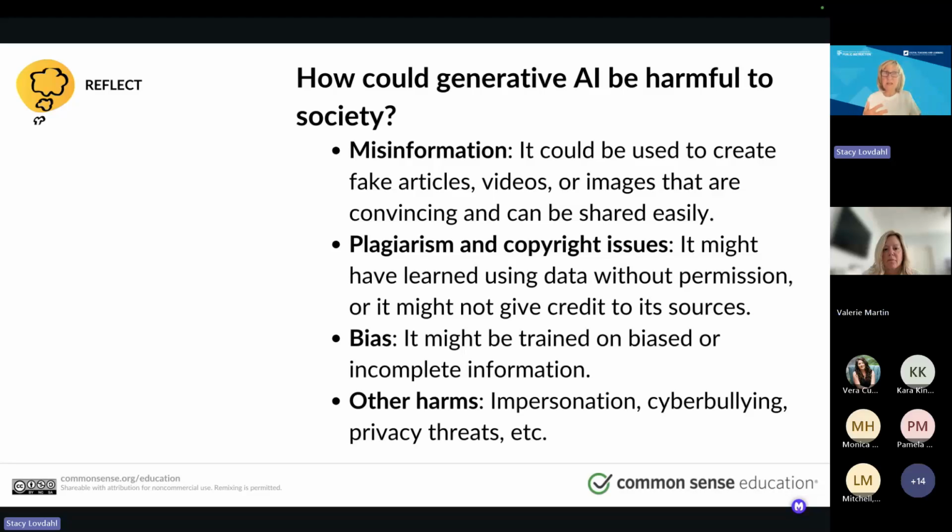These kids had been together in this class all semester, so they knew how each other stood. I had one student who stood on the other side of the room, and the conversation was about how kids were putting their work into ChatGPT and then pasting it into a document and trying to turn it in. He said, you've been doing that and you've been trying to turn it in. And then the other side of the class said, but you were doing that when you were a freshman, except you were just pasting it from Wikipedia.